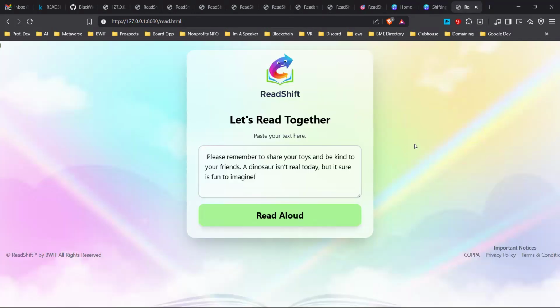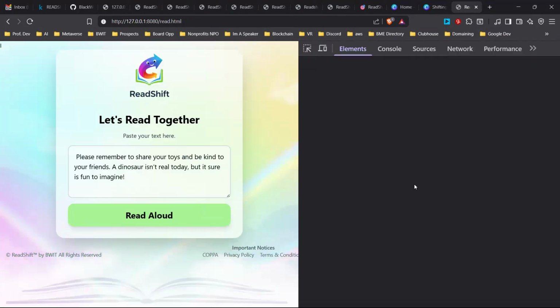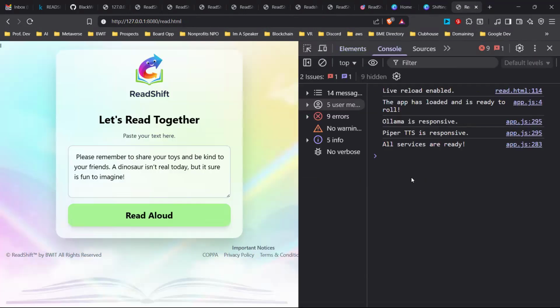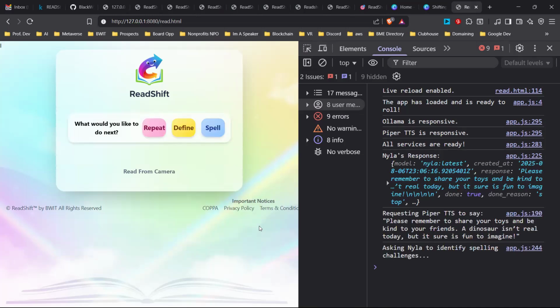And while this is doing this, I'm going to go ahead and inspect so you can see the console and the calls that are happening. We're going to click on read out loud. And as this is doing this, what's happening is that process that I just described is taking place, and you'll eventually hear Amy come on, and she will read this sentence out loud so that our young reader can understand in a different way. And so you see that,